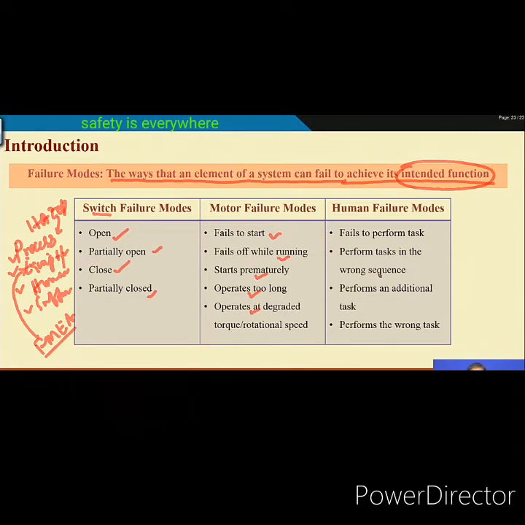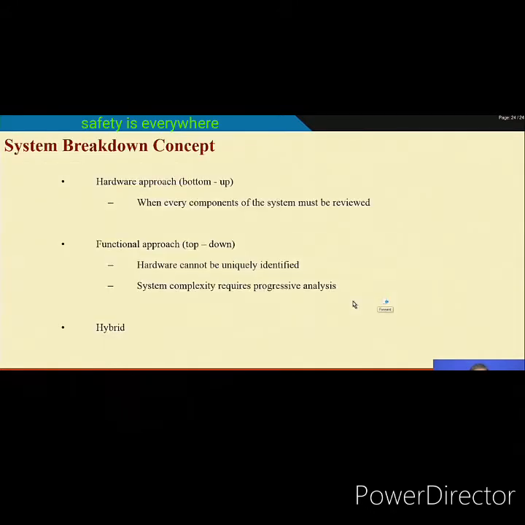relation. We use them in different contexts, HAZOP and FMEA. In HAZOP, it is more about process parameters and their deviation, and in FMEA it is more about the hardware part, every component or part of a component, how they are going to fail, and that is what is basically discussed here. So, if you want to do FMEA, you have to first break down the system up to the component and part level. That is very important, because FMEA is usually used at the component level.